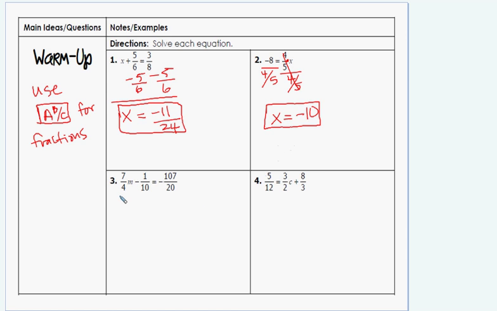On number 3, we're doing whatever we have to in order to get m completely by itself. But to do this, we're going to have a couple of steps to get there. I've got to get rid of this 1/10, and since it's subtracting right now, to move it over to the other side, I'm going to add 1 over 10. So this cancels and leaves me with 7 over 4 m, and this is going to be equal to